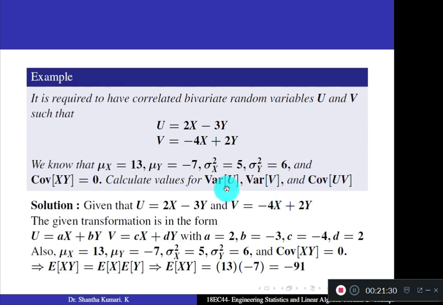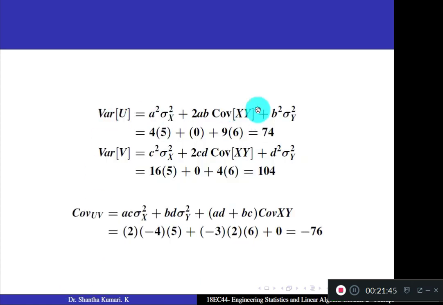So actually here what was the question? Covariance of uv, variance of u and variance of v. Yes, actually this expectation of xy we obtained, but we are not using this anywhere. Actually this step is extra. No need to write this. Covariance of xy we are using, but expectation of xy is not required. Directly we are substituting covariance of xy answer here. So you get this. Simple problem. Since this covariance of xy is 0, your calculation is still simpler. This becomes 0. This is also 0. So you get only remaining terms.